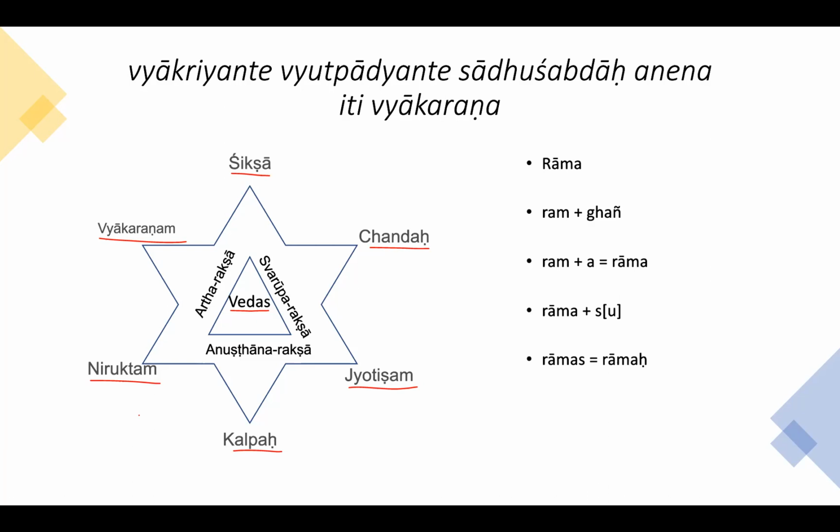The problem people faced when learning Panini's Vyakaranam was that to derive one particular word, you have to refer to multiple chapters. Basically, all the Panini sutras, around 4,000 sutras, you have to keep in your mind and analyze to derive a word, which is very difficult for people in the age of Kali Yuga,